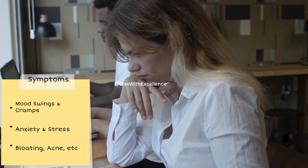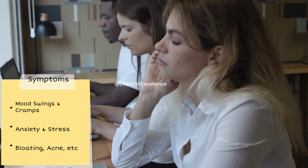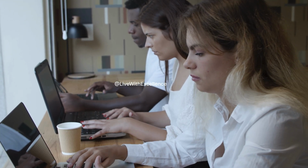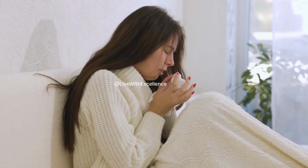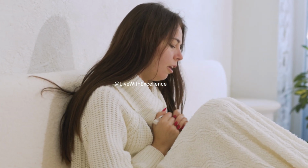Menstrual cramps can leave us feeling exhausted, whereas some of us even experience sleeplessness. These make everyday life feel like a struggle. Not to forget acne? Well, it's an unwelcome visitor during this time. Irregular periods too can have a significant impact on our life, affecting not only our physical well-being but also our